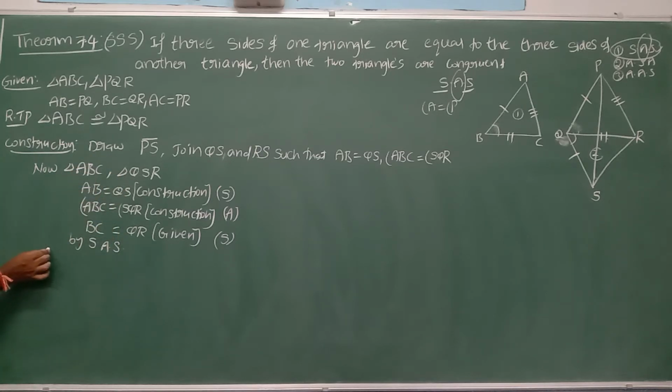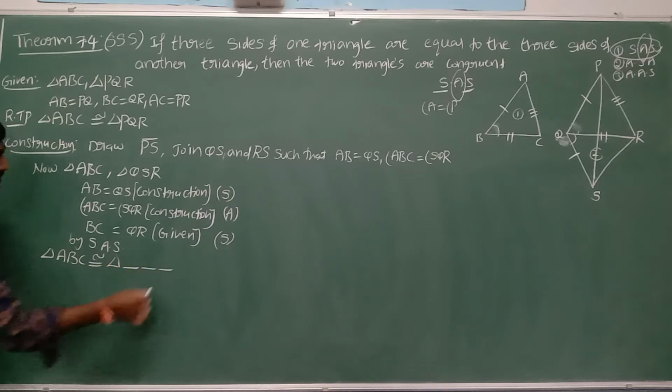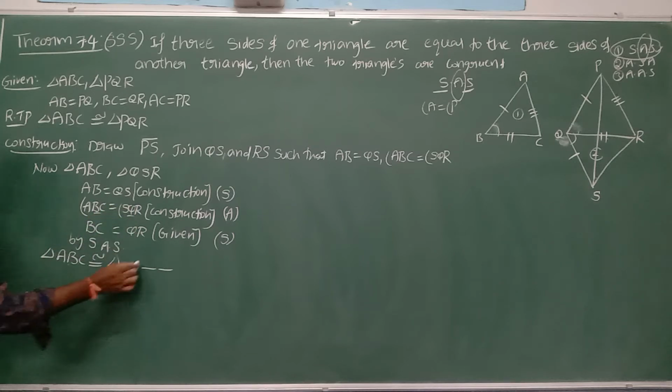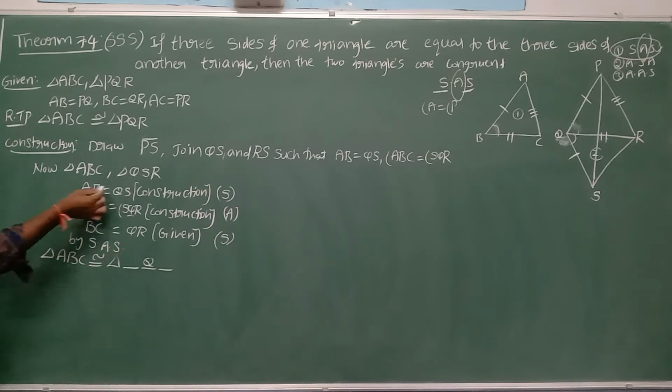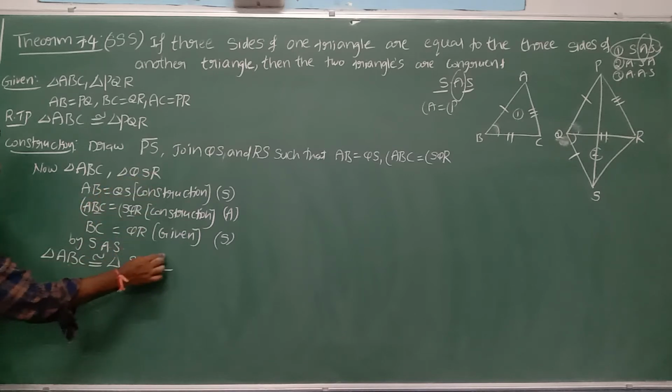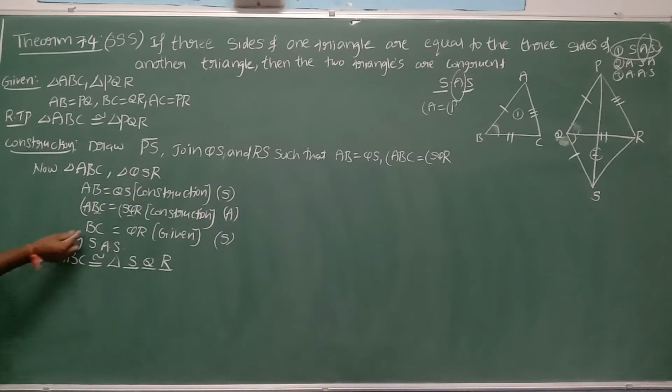Let us write the symbolic form. Triangle ABC is congruent to triangle... the second triangle should be carefully written, with three dashes. First, importance for angles. Angle B is equal to angle Q. Angle B is in the middle, so Q is also in the middle. AB is equal to QS. AB is the first two, QS is also the first two. We can write SQ also. SQ completed, more R left. You can verify the remaining also. BC equal to QR. BC is the last two, QR is also the last two. Yes, correct symbolic form.